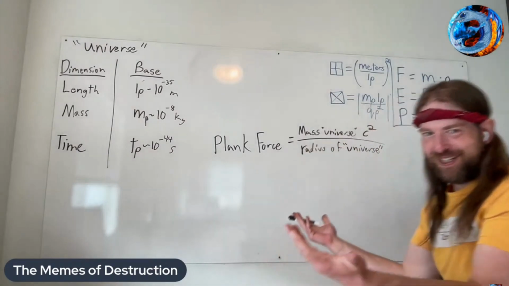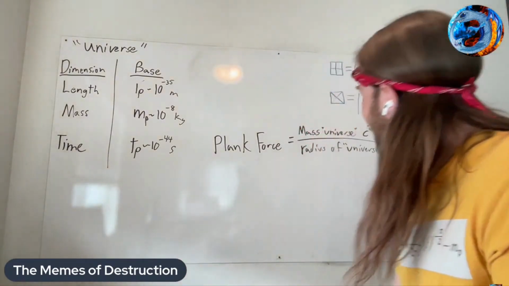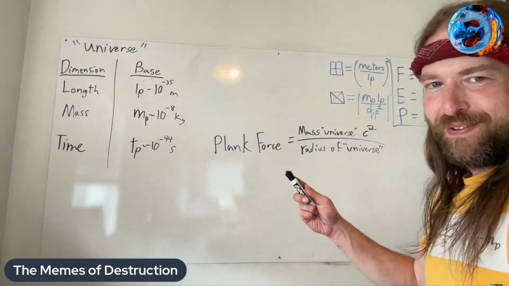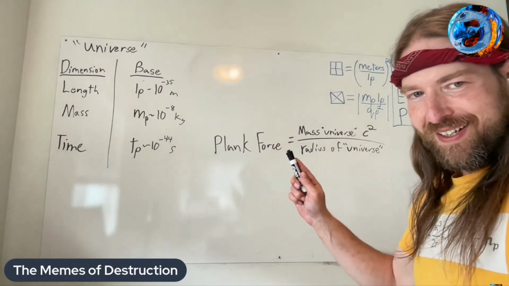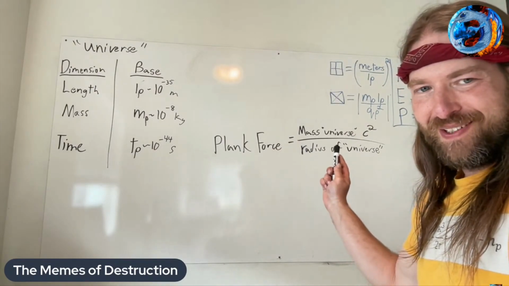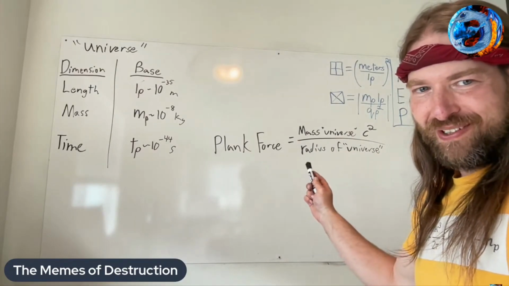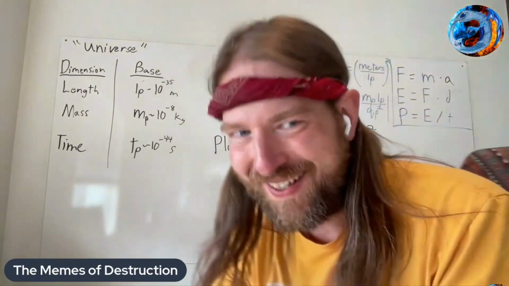Exactly. Why do you have to make things more fancy? Now, if you're required to be more fancy, by all means do that. Okay. So what we got? So the claim is that the Planck force, if you set that as basically a constant, and you were to have the mass of the universe, the mass energy, you would be able to determine the radius of the universe, or vice versa. Let's give it a try.